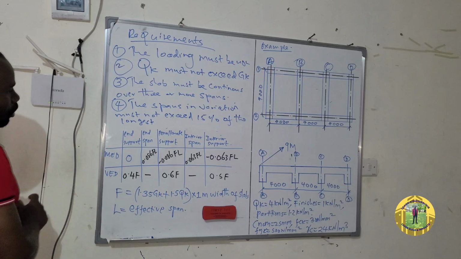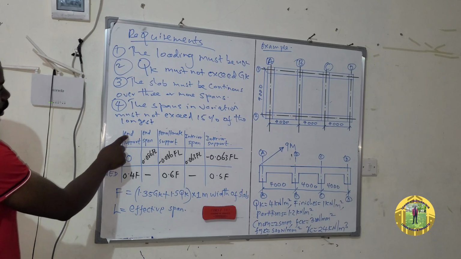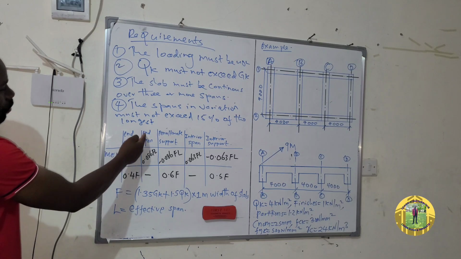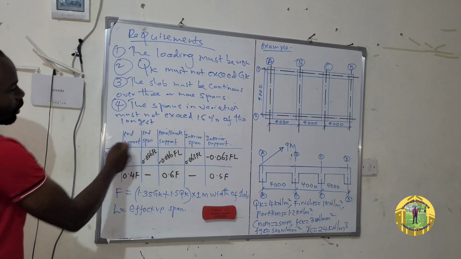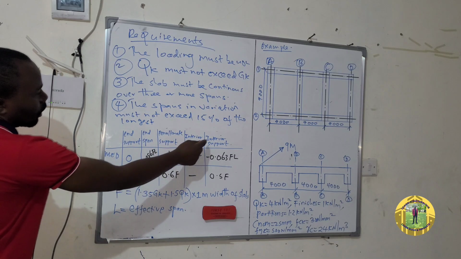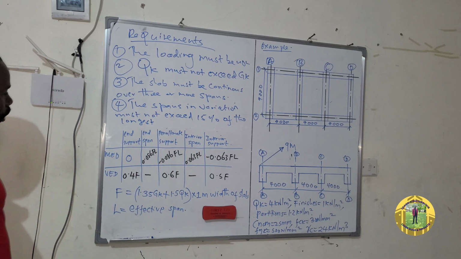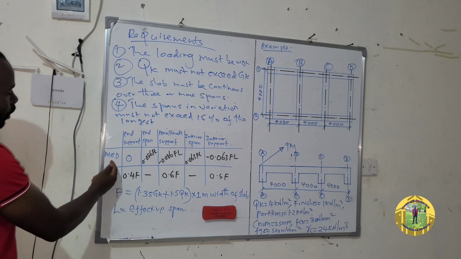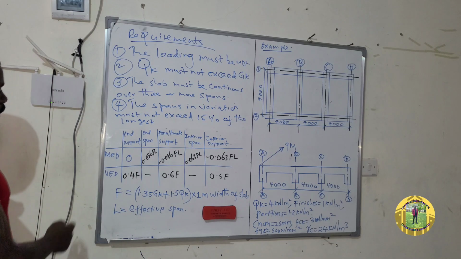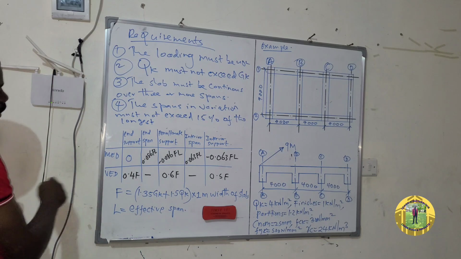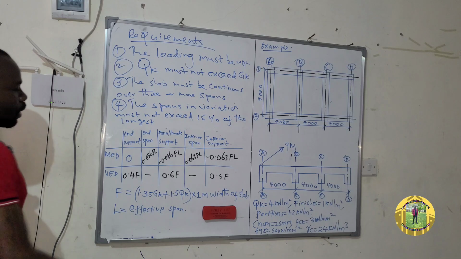So this is the interpretation of the table. So you have the end support, and then you have the end span, penultimate support, interior span, and interior support. So each of them have their formula for calculating MED and VED. For example,